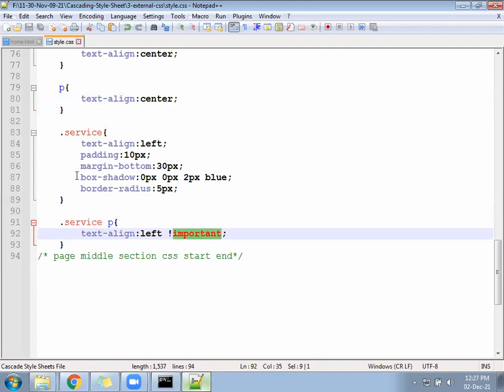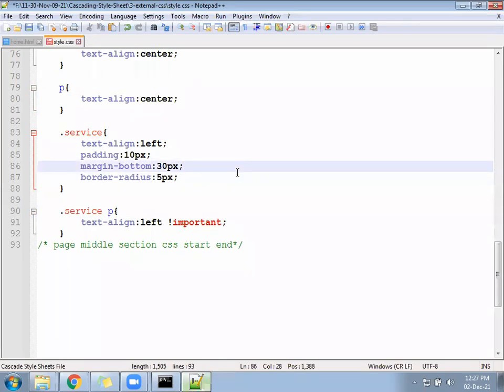Box shadow maybe we can remove. Box shadow is not looking better. Remove the box shadow. Without the box shadow, you see, it should come one after the other. Once the mouse goes on that, some kind of hovering we can apply.